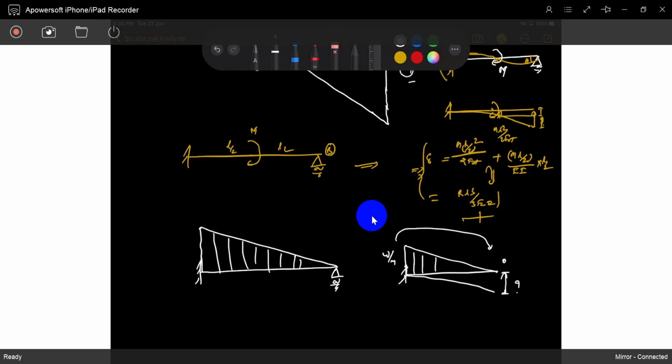Otherwise, I don't want to do the deflection chapter here. Just do it and come to lab tomorrow. What is the value here? And directly give an external equation like this. I don't want to do the proof for this. Deflection has so many methods: Macaulay's method, double integration method, conjugate beam method, area moment method. Do it by any one method and solve what is the deflection here. And tomorrow we will draw the shear force and bending moment diagram for this cantilever, a proper cantilever. Find out what is the deflection here for the fixed beam, which has a varying load.